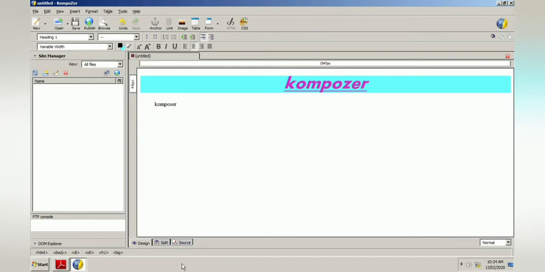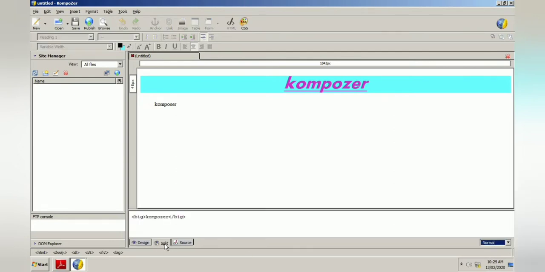Then next is the edit mode toolbar. The edit mode toolbar is also divided into two parts. On the left hand side we have 3 buttons: design, split and source. By default we will be in the design mode only, because when we are designing our web page we are in the design mode, you can see here. Then the next is the split mode. In the split mode, wherever your cursor is, it will show the HTML tag of the currently selected element. So if I have selected that one, then that line of HTML code will be visible over here.